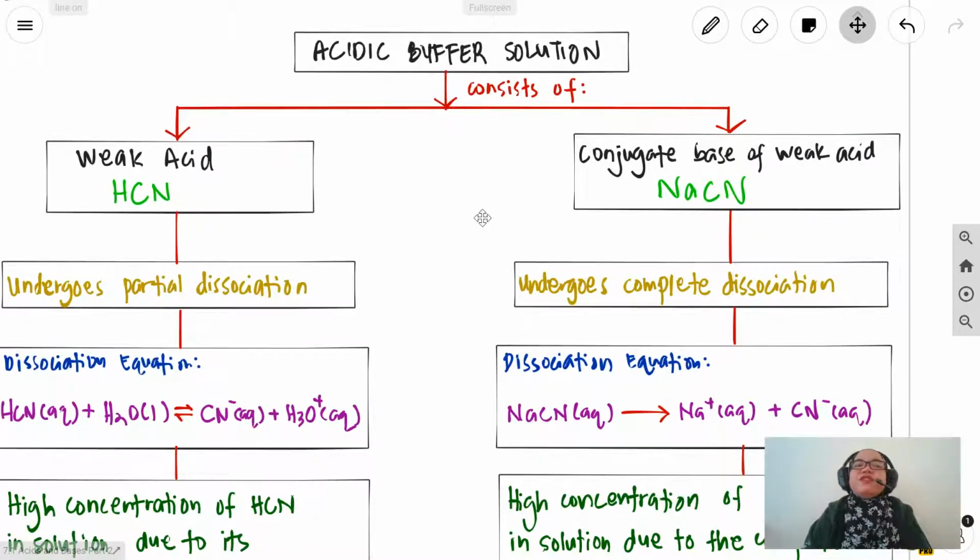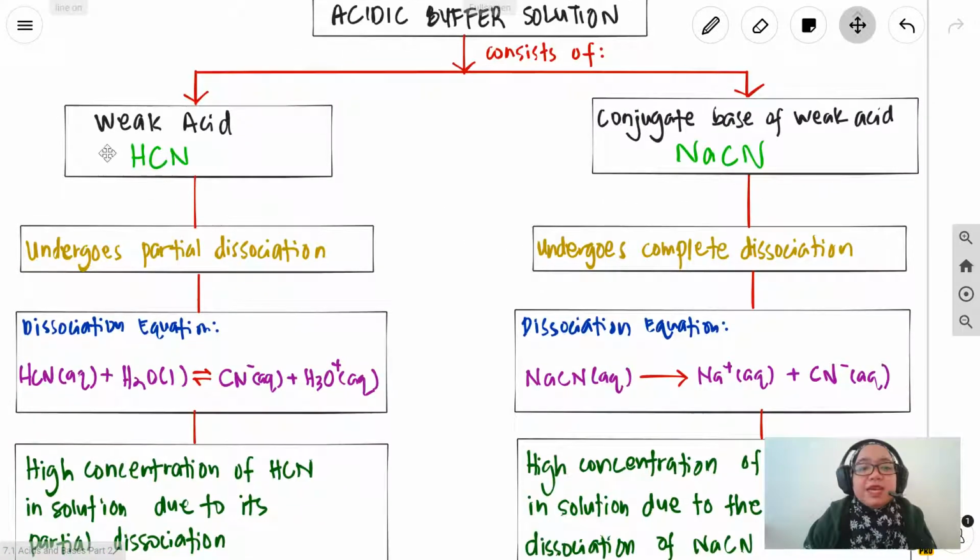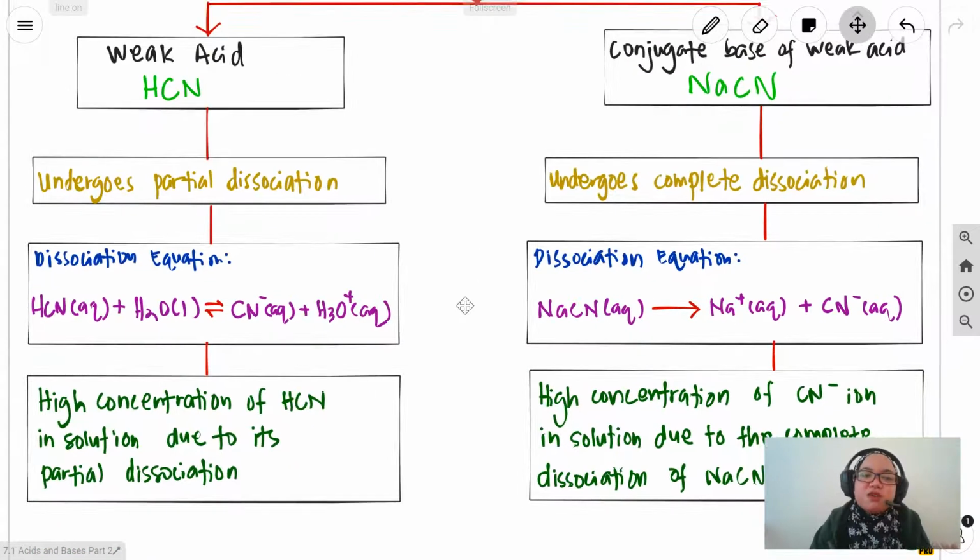Okay, so we have an example here. If we have an example of a weak acid, HCN, it will have the conjugate base NaCN. That is its salt, NaCN. Since it is a weak acid, it will only undergo partial dissociation. However, the conjugate base will undergo complete dissociation. So if we look at the dissociation equation for the weak acid, since it undergoes partial dissociation, we will